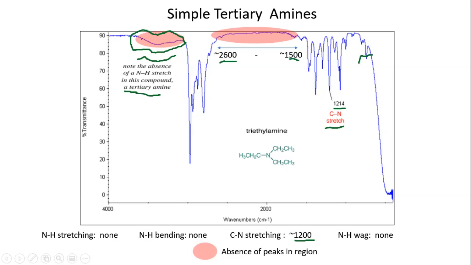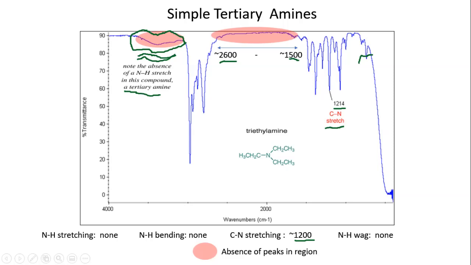Then it's a tertiary amine. So again, you don't have anything in the 3300 region, between 2600 and 1500 you have nothing, and you have something at 1200. It's a good indication that you should choose the one that's a tertiary amine in your